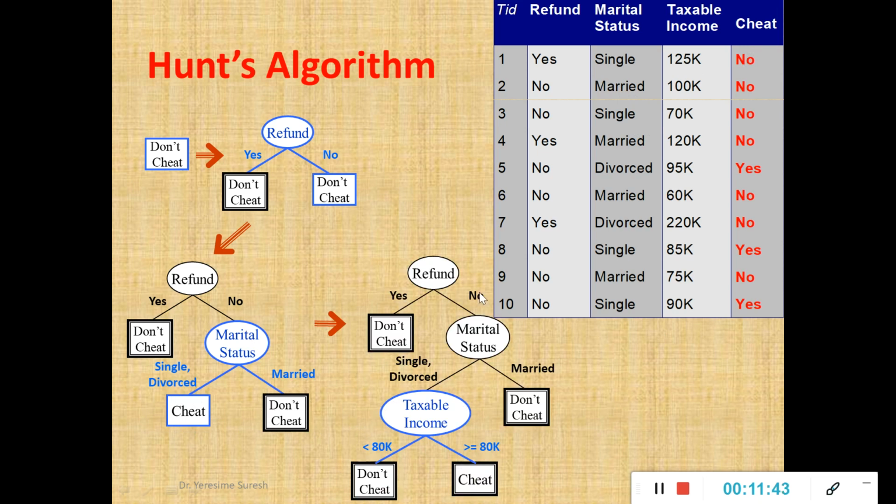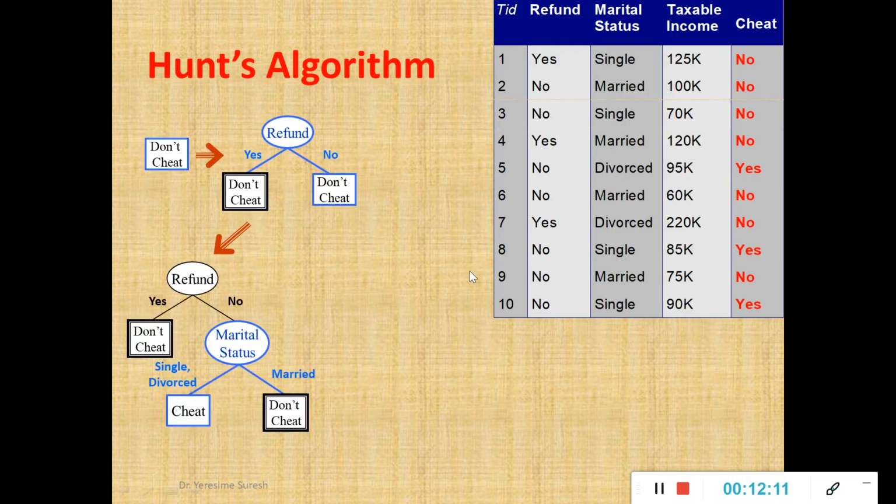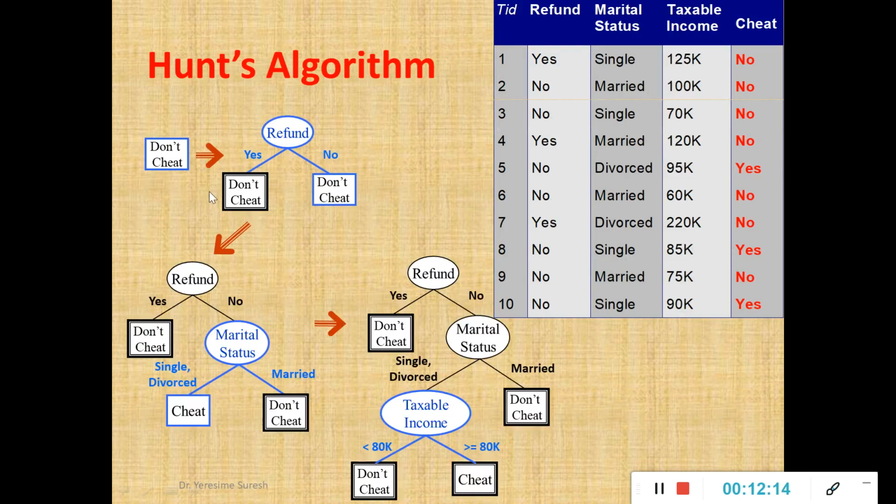Now, if you look at the explanation as well as the diagram that I have given, it looks a bit confusing. Which node to choose to split? Which node to split will be decided on the attribute test condition. Any node which is purer; I was talking about partitioning the training records into successively purer subsets. Any node which becomes purer when I partition, that attribute will be taken to split. Here I am taking this node to split, here marital status, and here this node to split on taxable income.